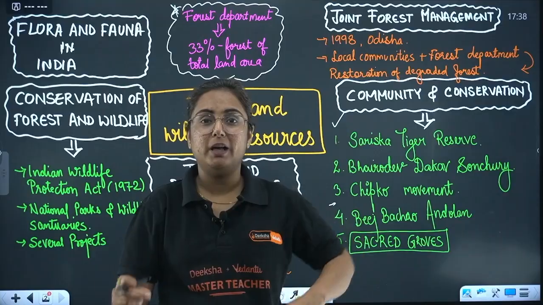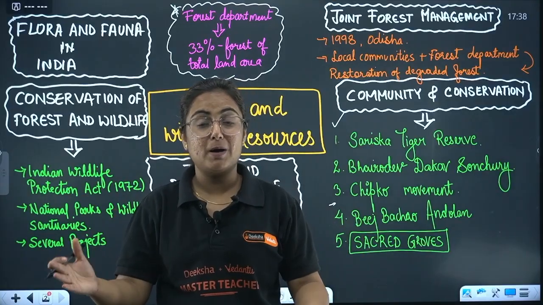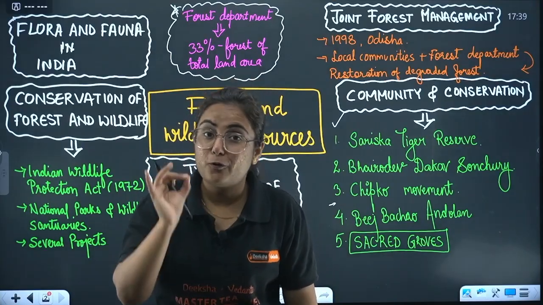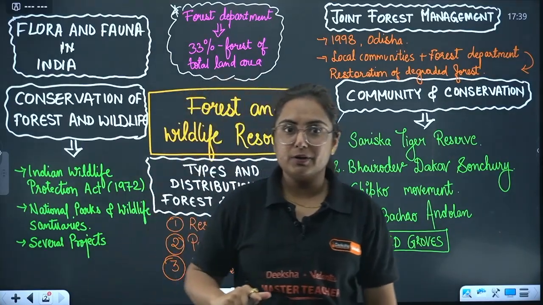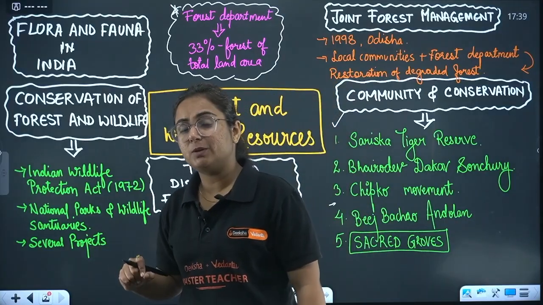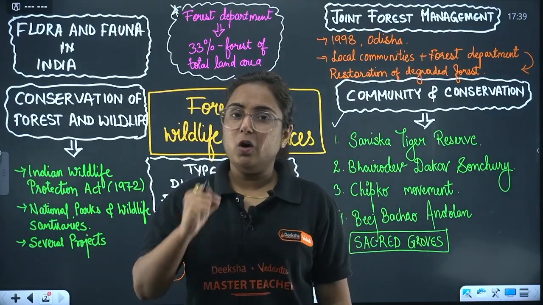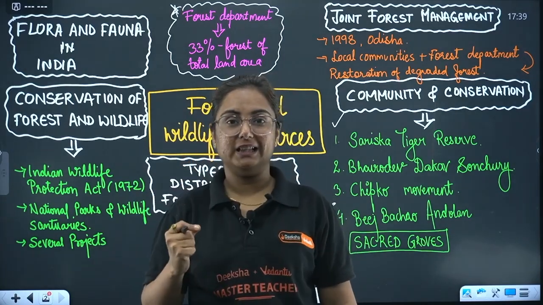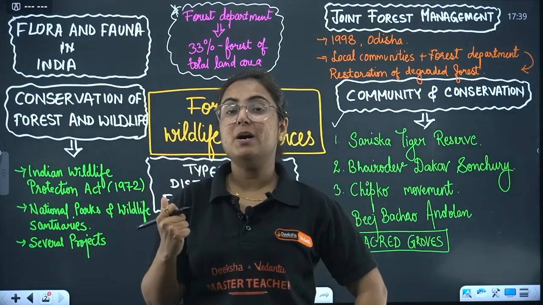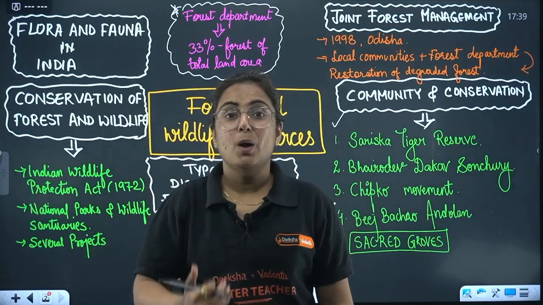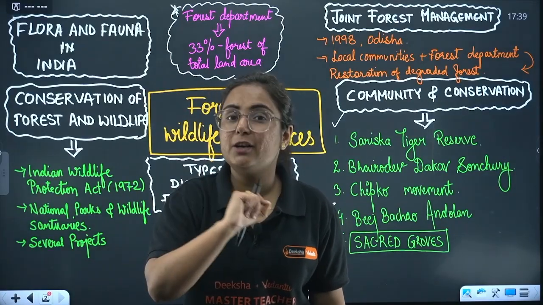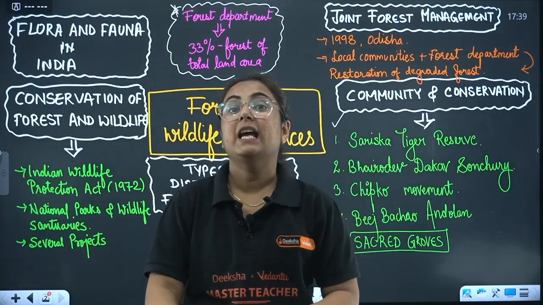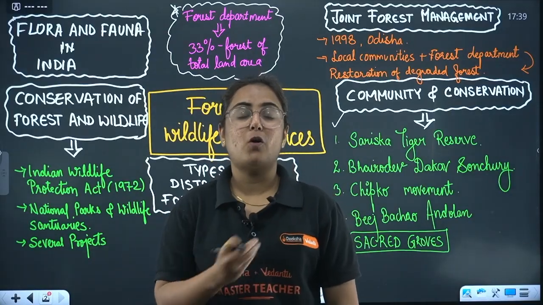In joint forest management, both the local communities and the forest department come together with the objective of the restoration of what? The restoration of degraded forest. However, the forest department is getting a huge salary from the government. What about local communities? So they were assured that when they successfully protect the forest, they will be given certain timber products. And for their initiation, intervention and participation, they will be given certain non-timber products.